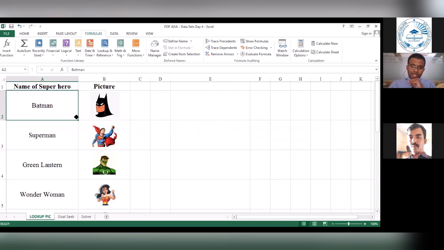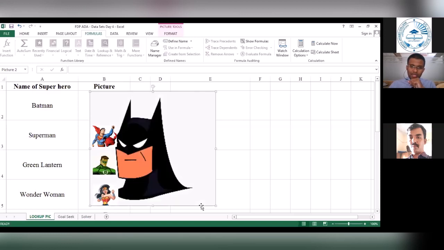You have to make sure that your picture is arranged within a cell. So you have to restructure your data in such a way that it will fit within a cell. What happens if you have a data set like this, where it is extremely big and beyond a cell? Your lookup functionality for picture will not work appropriately.